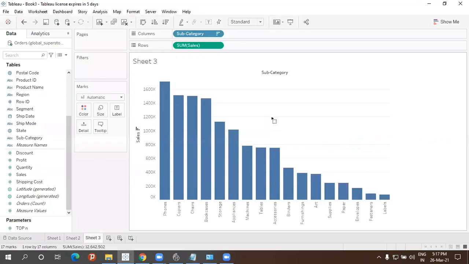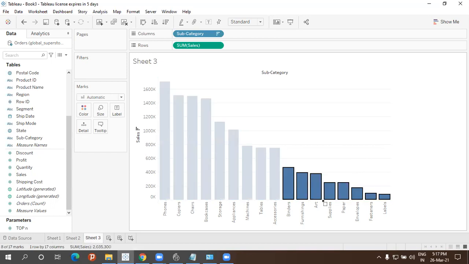Now, just click and drag like this. For example, I want to make a set differently. So, the sales which are lesser than 600K, which are lesser than this one. Let me click here and select like this. Just drag and select. Selected. Just hold this cursor there for 2 seconds.